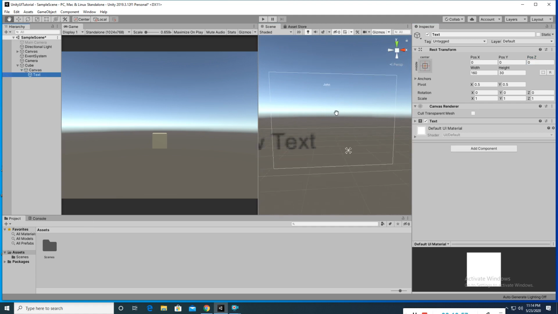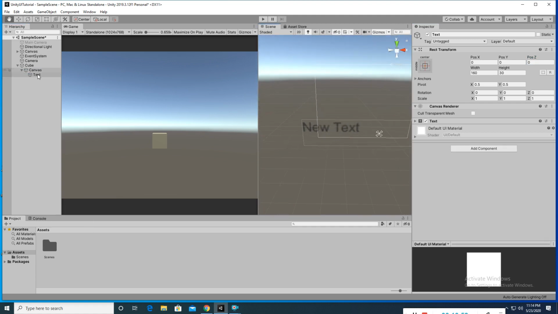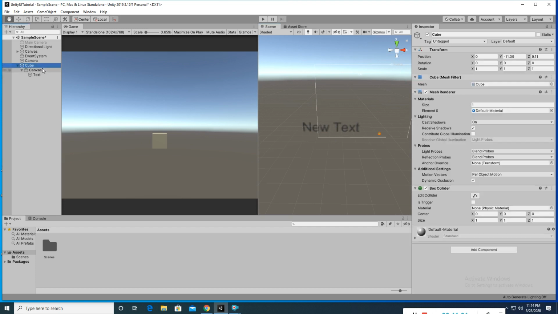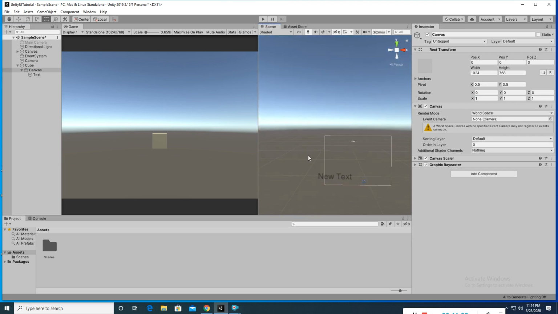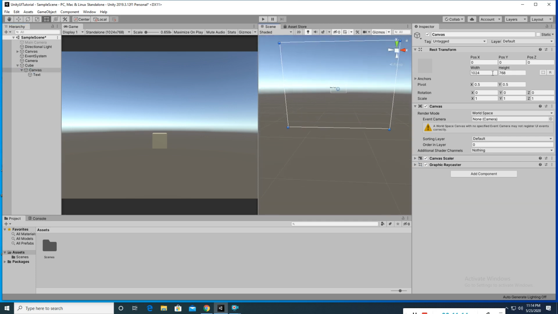So we'll see that this text has been generated in the canvas. Canvas size, you will see from the rect transform. This is a very big canvas, so I have to scale down this game object because it is so big.